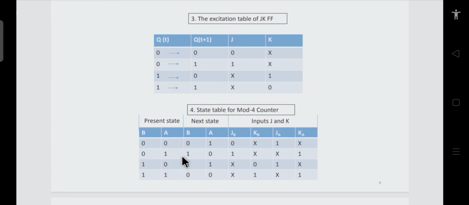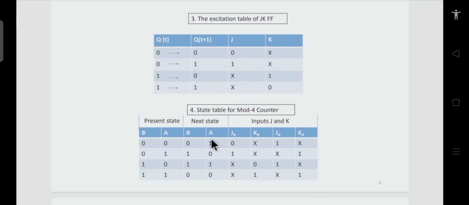So corresponding to this, you can see that if this is your present state for A and this is your next state for A, then what you have to apply is the input. Okay, for the JK flip-flop, if this is your present state and this is your next state, you can see what inputs you have to apply. So if I just consider the A input,